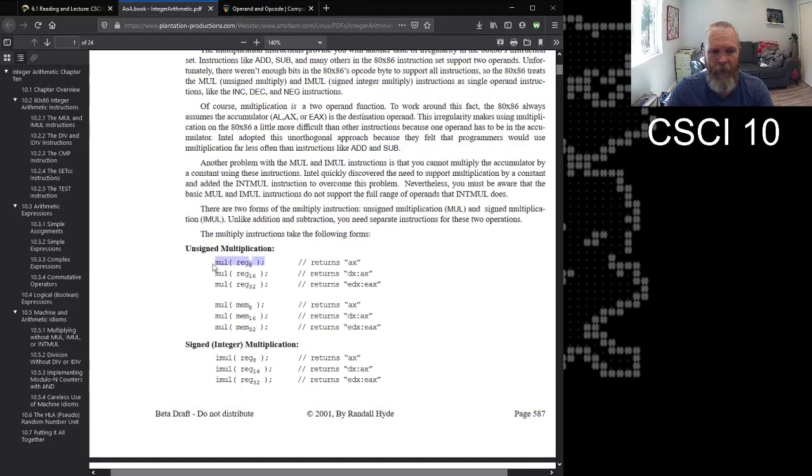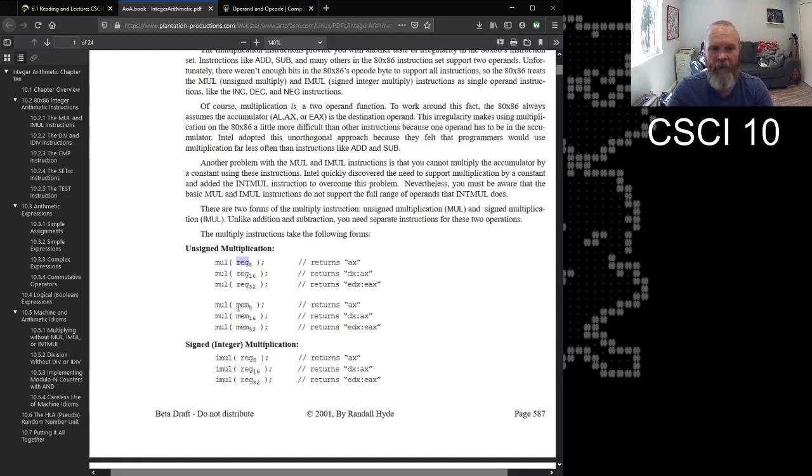The standard mul instruction in Intel processors only takes a single argument. That's weird because if I'm doing x times y, and this is the Y, where's the X? And the answer is it's implied. So you have to be aware of how the Intel mul instruction actually works.